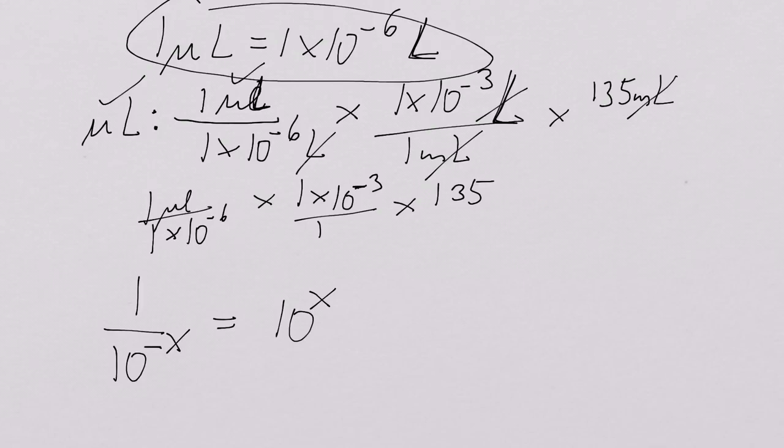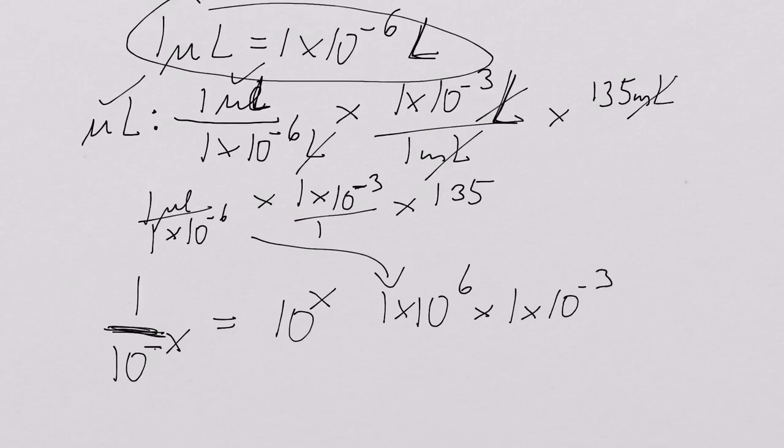You can think of this fraction line as a minus sign. And minus times minus is plus. So we can write this as 1 times 10 to the 6 times 1 times 10 to the minus 3 times